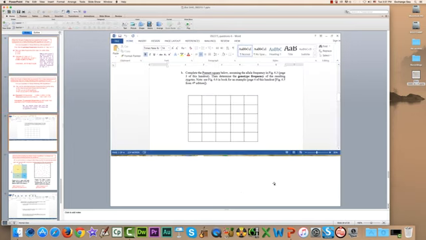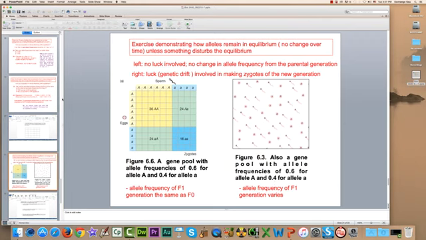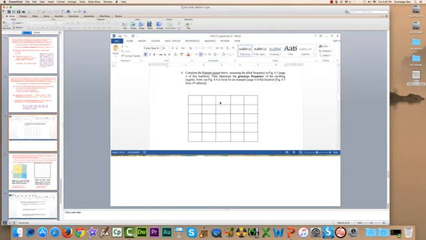How do we do this? Well, if we have a Punnett square grid, as illustrated in the next slide, where we have a grid of 10 by 10, what we can do for 0.6 and 0.4 is to do 6 big A's and 4 little a's. We don't have that in our grid. We only have 5. Oh, that's tricky. What are we going to do? Well, we can do 3 big A's and 2 little a's, and that would be the same proportionally as having 6 big A's and 4 little a's.